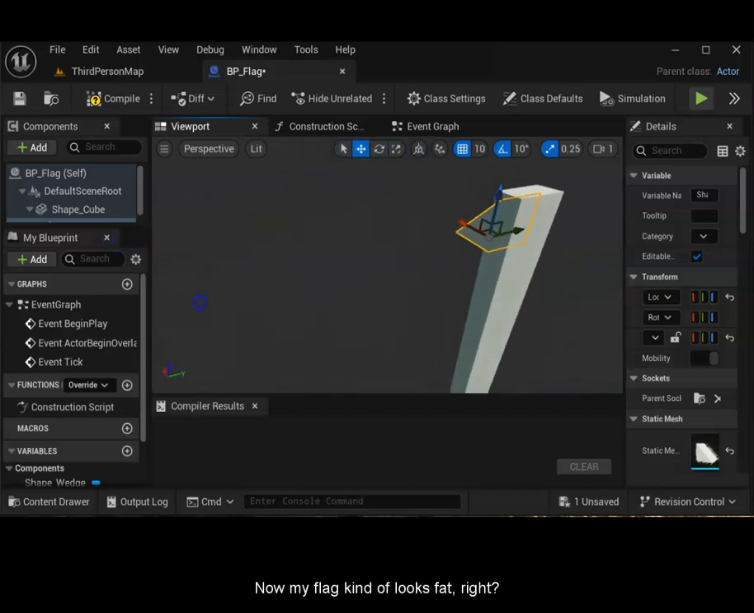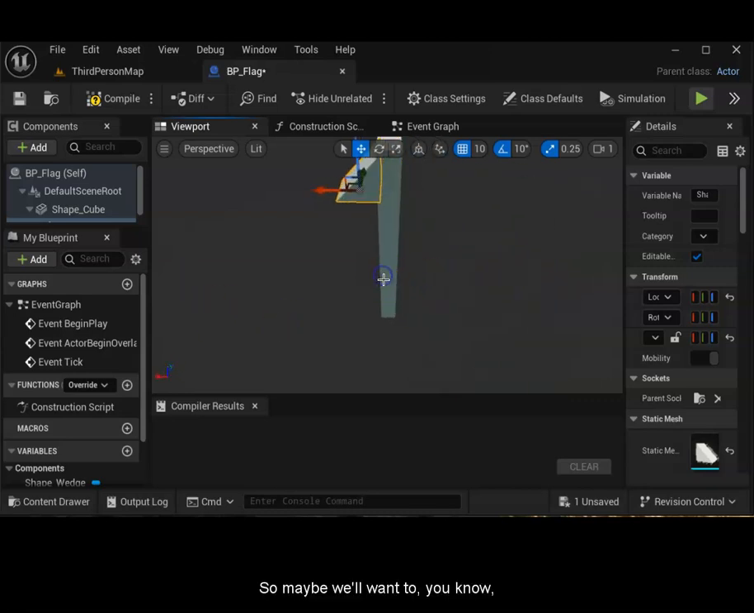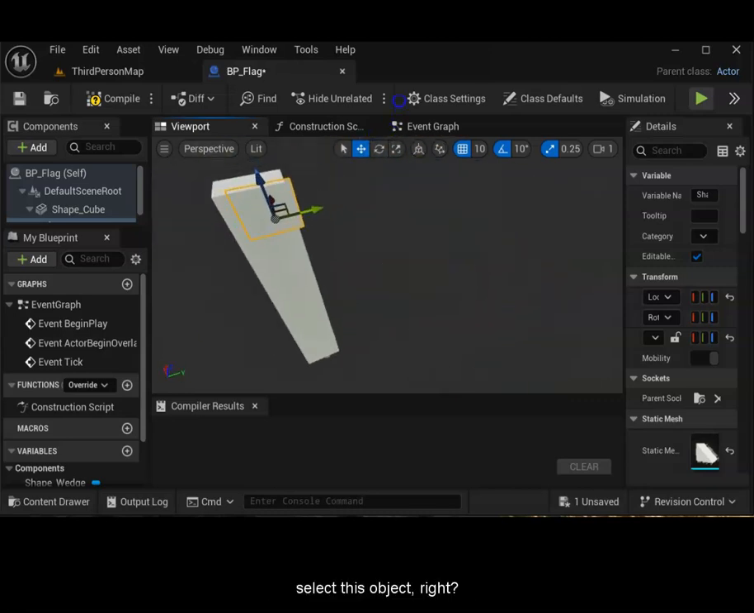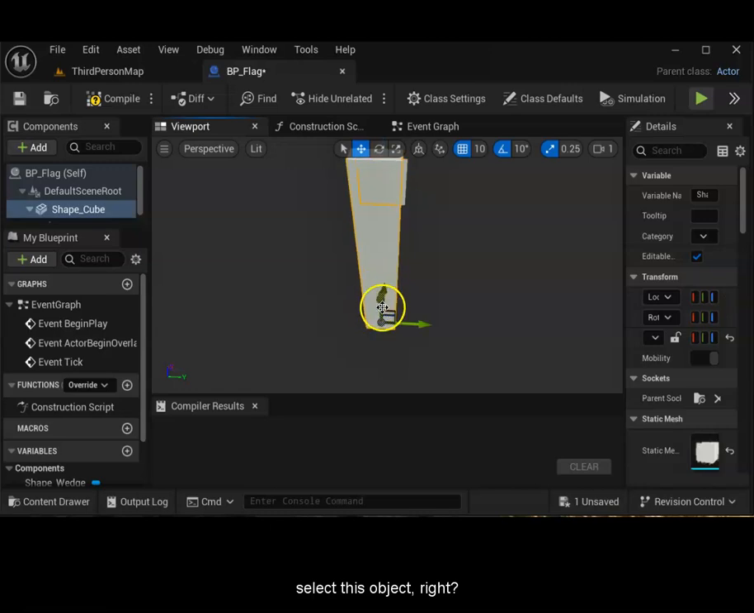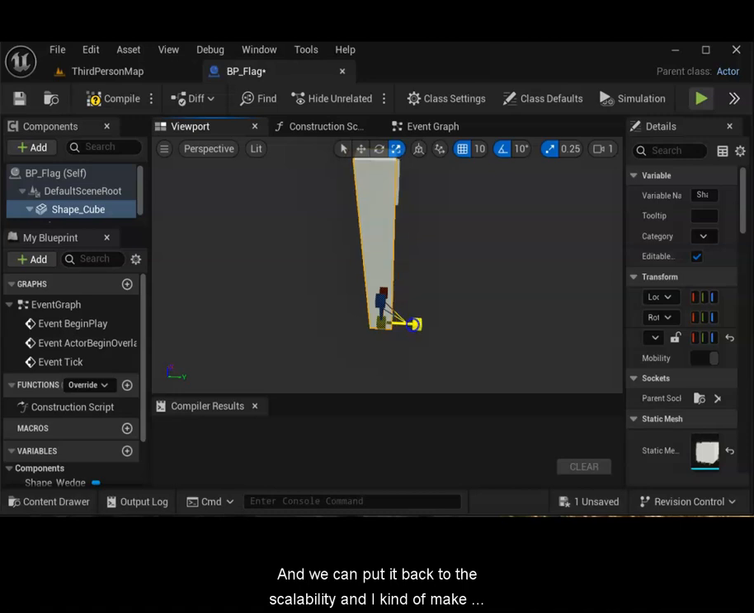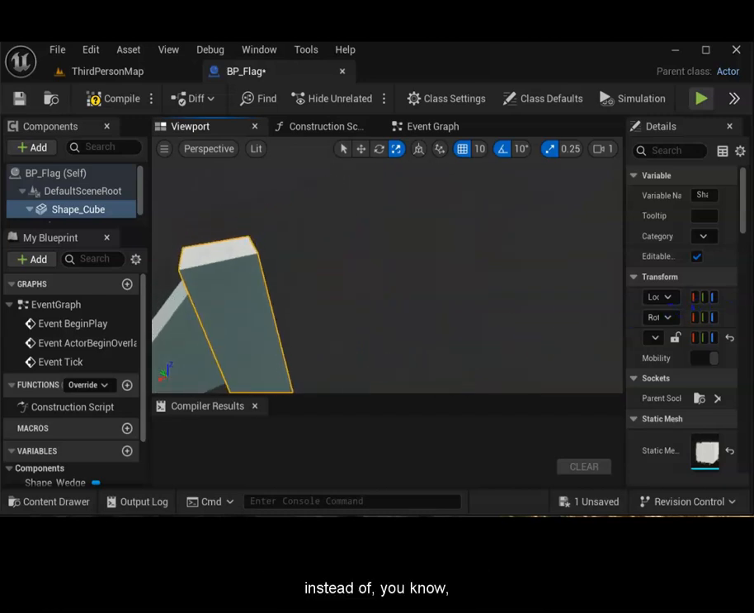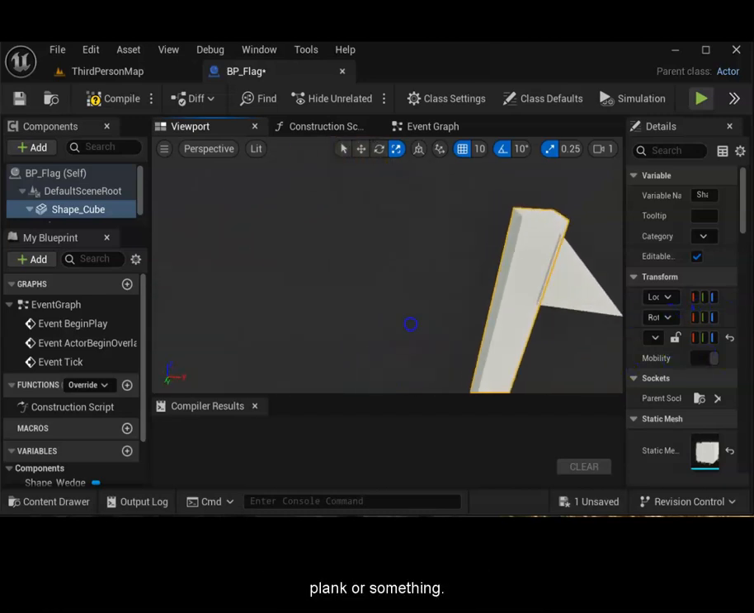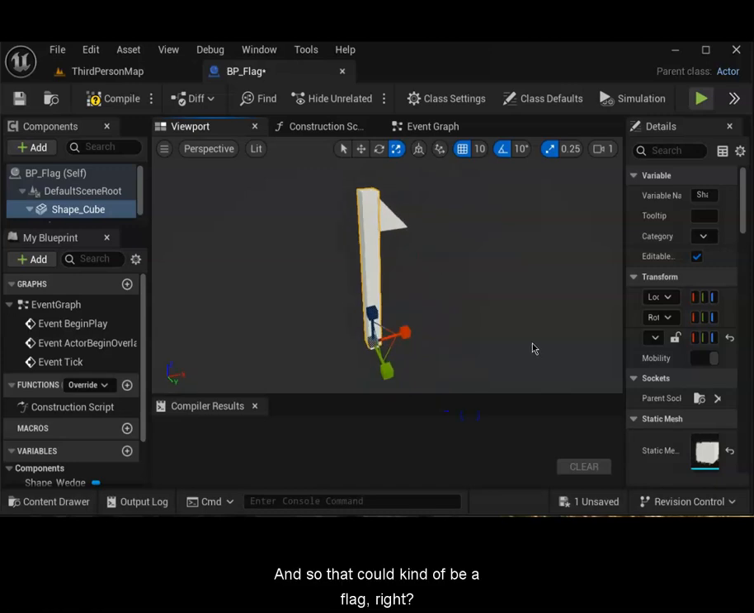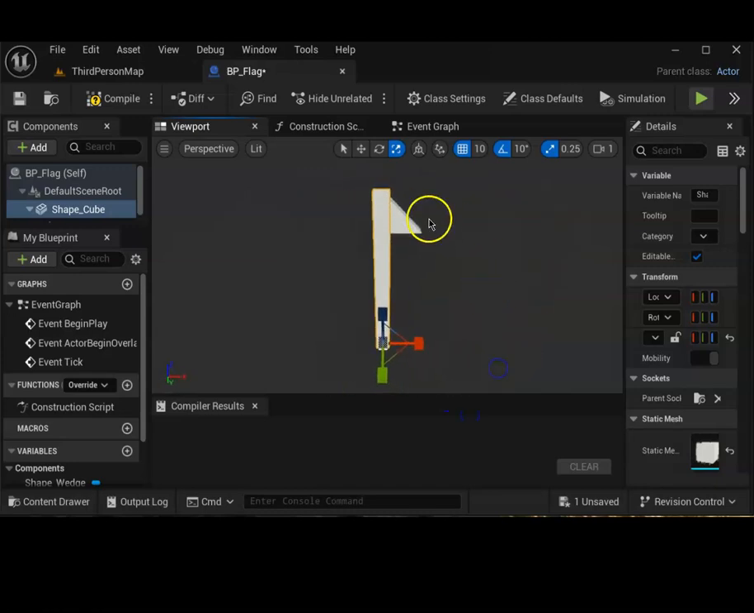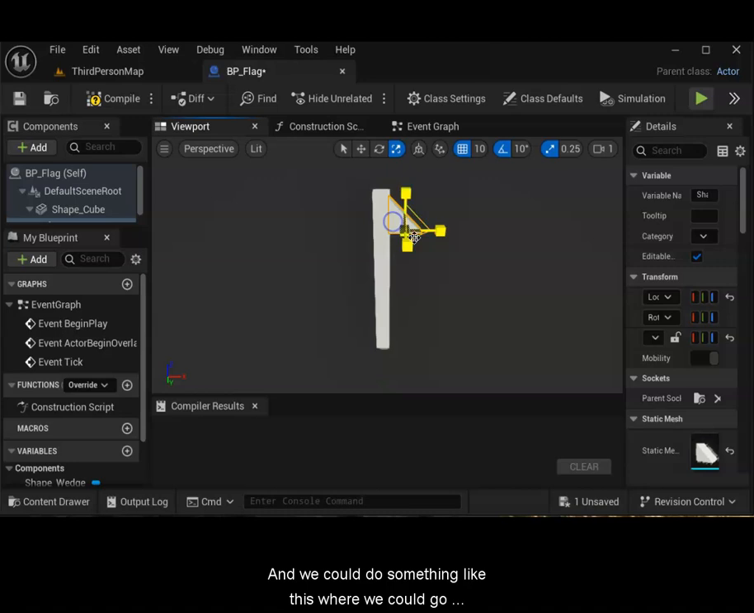Now, my flag kind of looks fat, right? So maybe we'll want to select this object, and we could put it back to the scalability, and I could make it a little narrower so it now looks more like an actual pole instead of a plank or something. And so that could be a flag, right? And we could do something like this where we could